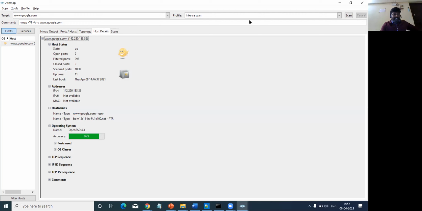Here you will get the OS status, open ports, and filtered ports. In order to protect your devices from this kind of scanning, the organization members or security professionals will place a firewall between the devices and the external network.